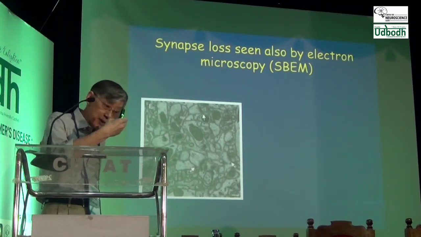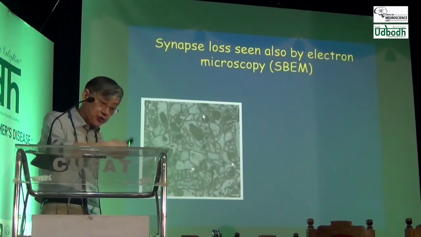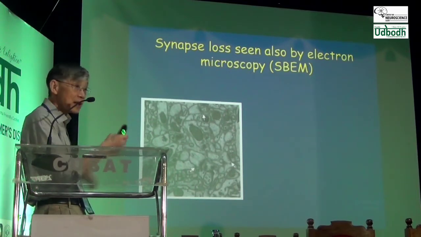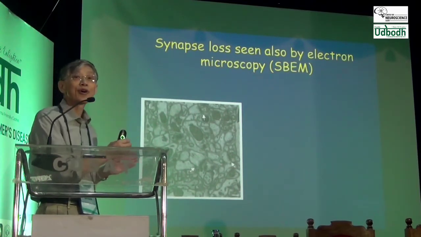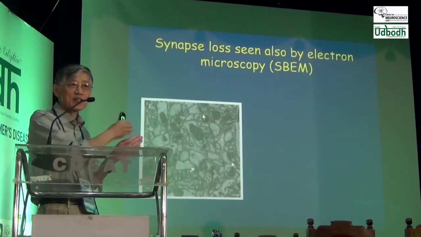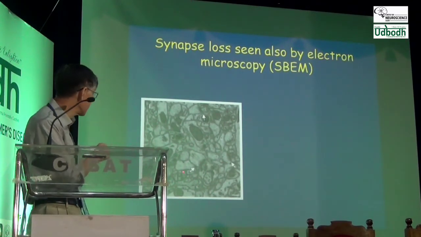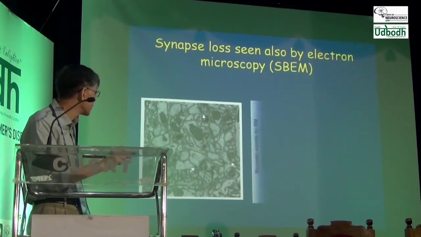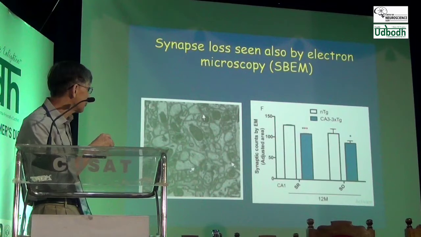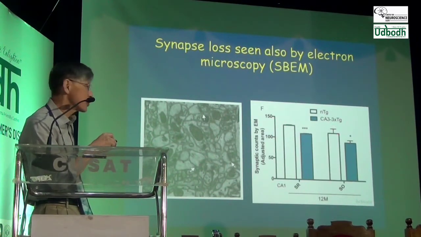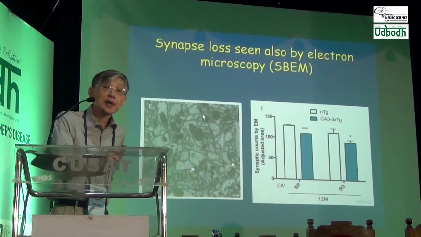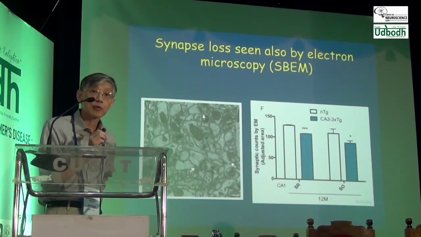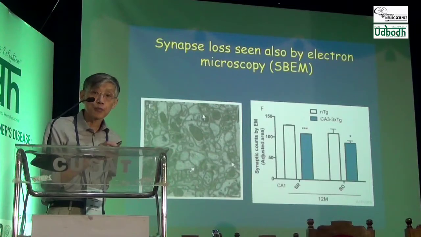So the sections, section one by one, and you can see here one section, and then they are laboriously reconstructed from one section to the next, and we can count them. We can count the synapses to see what happens. And when we do that, it turns out we actually saw greater amounts of decrease in synapses. So that's very satisfying that if you take something more sensitive, which is electron microscopy, you will see more synapse